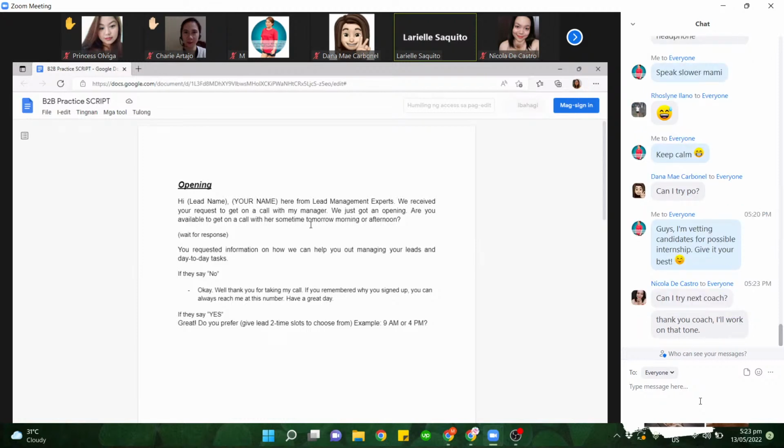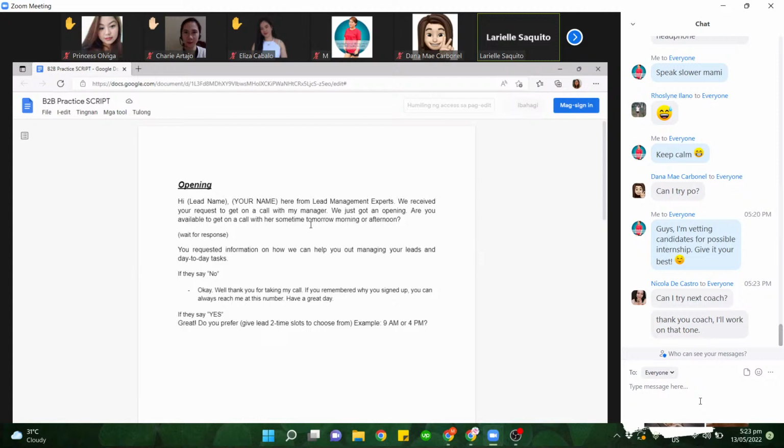So there, the pacing is already good. You're not too fast, not too slow. It's the tone itself, because of the sing-song type of tone, which makes it obvious that you are actually reading something. Because yes, at times that's how we actually read, right? When we're reading out loud, we tend to have a sing-song type of tone. So try to have it in a more natural way of speaking, in a more conversational manner there. But good job, good job. Okay, let's have Princess next.